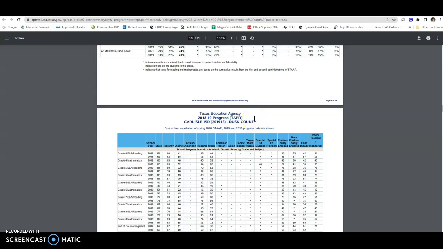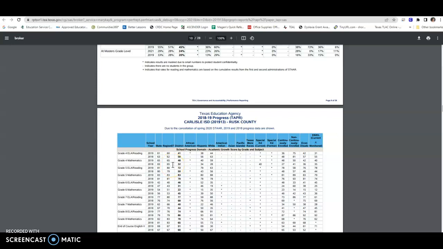we will be looking at the school progress domain or academic growth score by grade and subject area. Each subject area and grade level is represented by a percentage that shows the improvement year after year. This is important because it represents the rate of learning for students and if growth is occurring. The data demonstrates a comparison between your subpops to monitor equity and look for any disparities. The data shows at what level the majority of our students are performing and gives us a springboard to dig